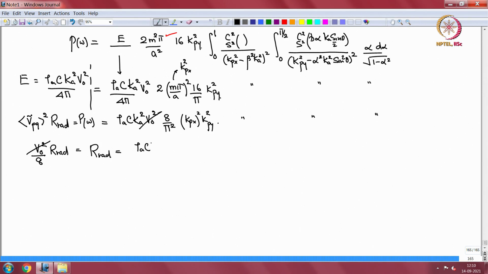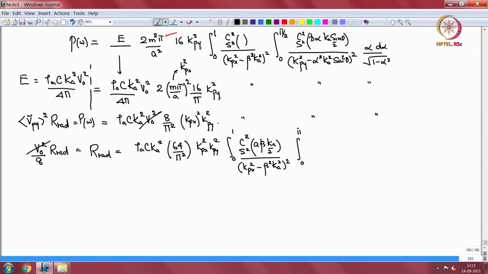rho a c k a square into 64 by pi squared k p x squared k p y squared into, let me just write once here, 0 to 1 cos squared sin squared of beta k a by 2 by k p x squared minus beta squared k a squared, whole squared, into 0 to pi by 2, again cos squared sin squared of alpha k a sin theta by 2